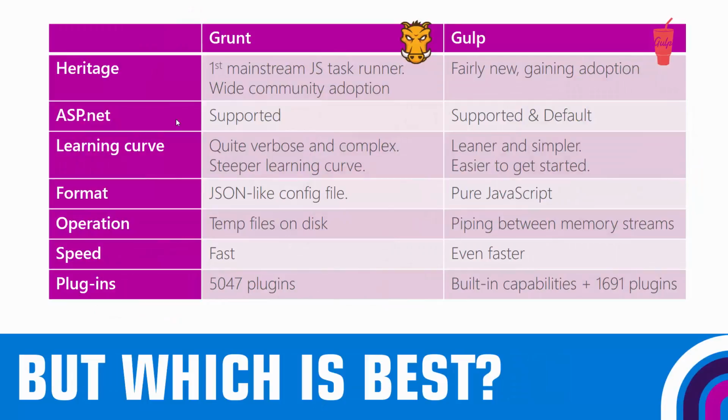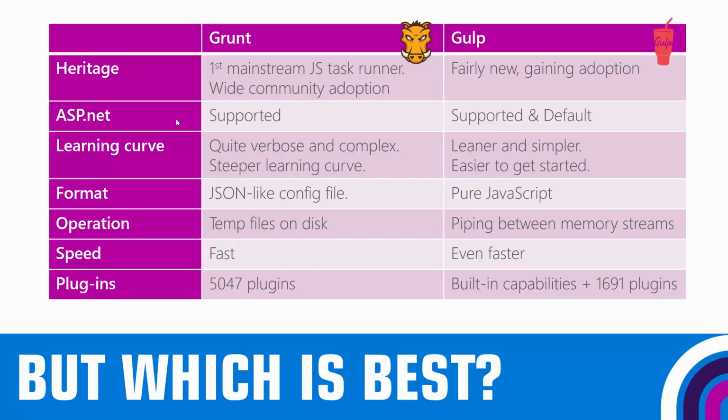Now, in terms of comparing which one's best, there isn't really a best. It's about what's suitable for your application. But if we look at gulp against grunt across some of the main things: in terms of heritage, grunt was really the first one to get widespread adoption, and gulp is newer than grunt. It tries to improve on some of the areas where grunt was weak, and it's gaining adoption itself as well. They're both supported in ASP.NET. Gulp is the default though. I think gulp has a much simpler learning curve. It's easier to get started. I think some of that is because the file that you develop is just a JavaScript file. There's no special formatting or anything like that, no special language. It is just pure JavaScript,